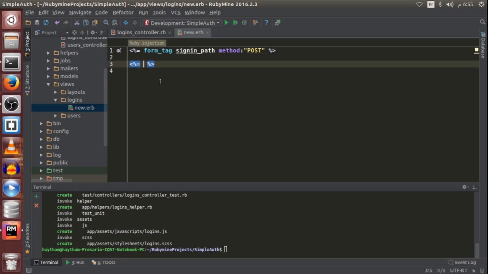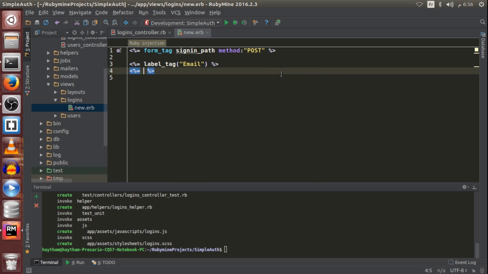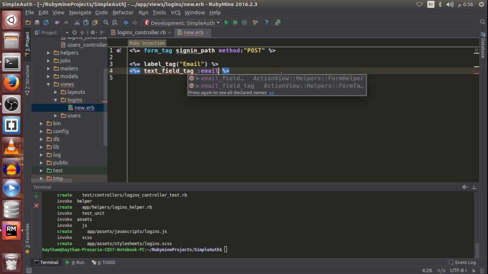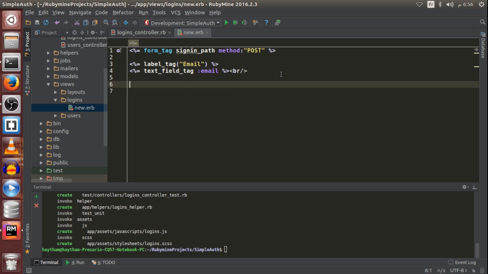So the first one is a simple label tag. As you can see, there is no block here. We are not creating the form builder object. This is just a simple label tag. So here this label contains email, and we will have a text field tag, and this text field, I'm gonna give it a name, so it will be email. Okay, so br, and then